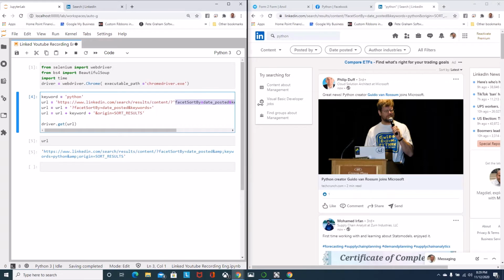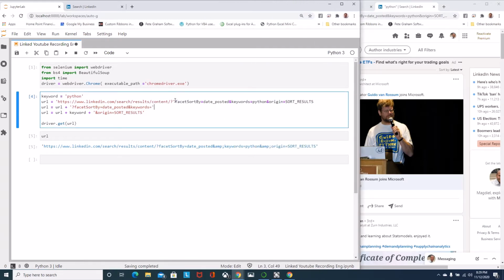Something is not right with our URL, so let's just do results. That's going to equal our URL and keyword, URL plus keyword plus